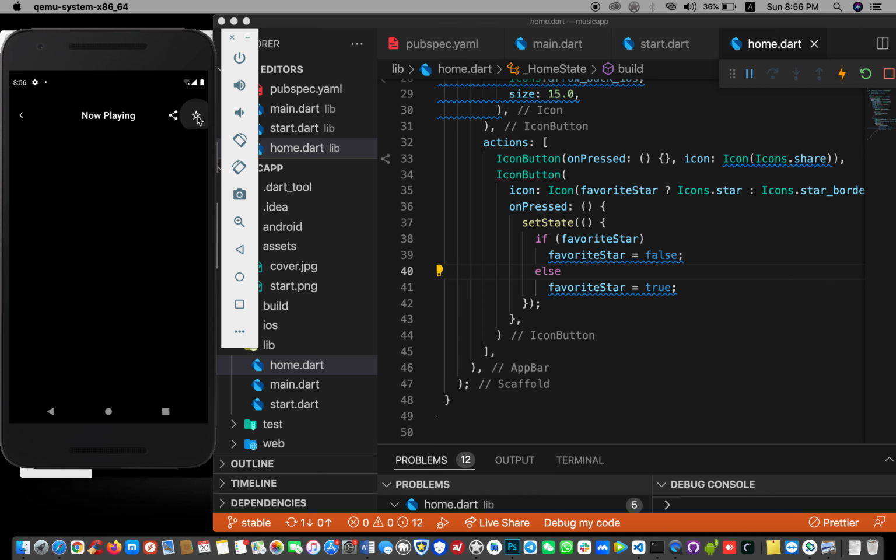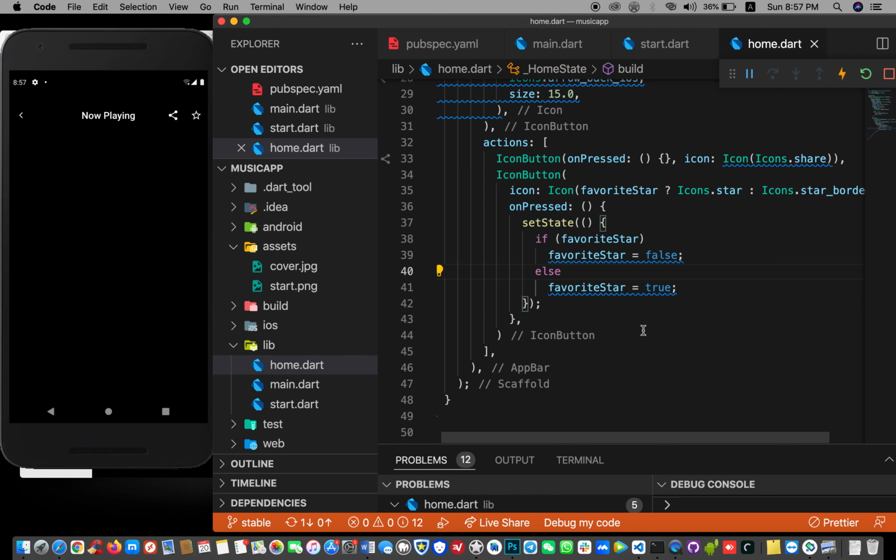Okay, perfect. So we have it fixed there. So now if I click on this like this, it's true, so it's giving us a full star. On click it's false, so it gives us this star with the border here. True, false, true, false. Perfect. Good. Next, what we're going to do is,